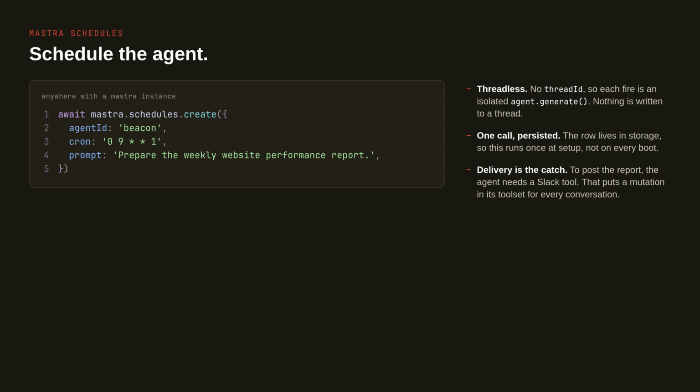And from there, the issue in my mind here is the delivery piece. So my agent Beacon doesn't actually have a tool to send messages to Slack. It's connected to Slack typically through the Mastra Channels interface, and that doesn't expose a direct tool for the agent to just write to Slack. It's more about responding to messages coming into it and subscribing to a thread.